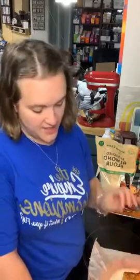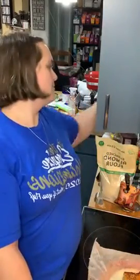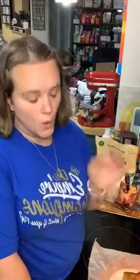The other thing is, I think that it needs some kind of texture in it because I am a texture girl. Like if something is blah, you know, I need something. I needed some kind of a texture. And so my thought process would be to take this recipe and either add some Lily's chocolate chips to it or add some walnuts actually in the bread and not just on top, and it would make it